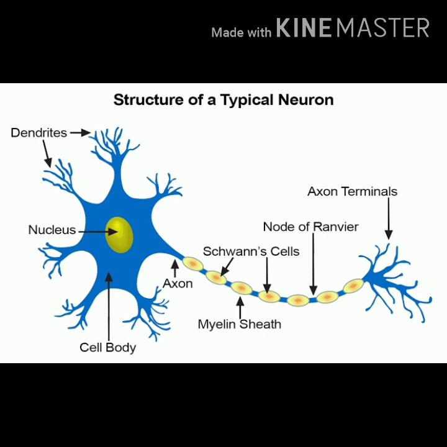On the axon, some yellow dot-like structures will be present. That is the axon. It ends in the terminal branches. This is a typical nerve cell. All the nerve tissues are made up of such type of cells.